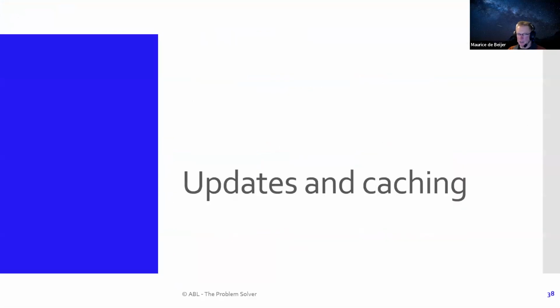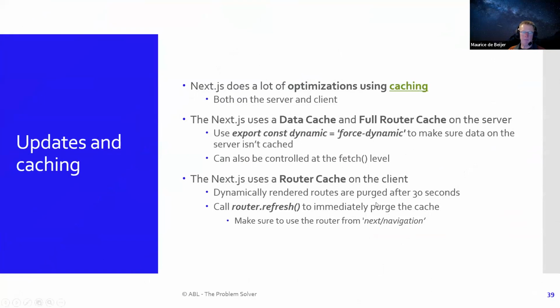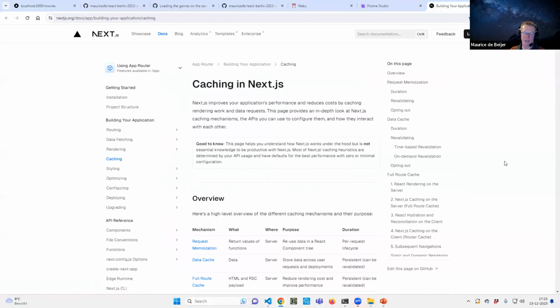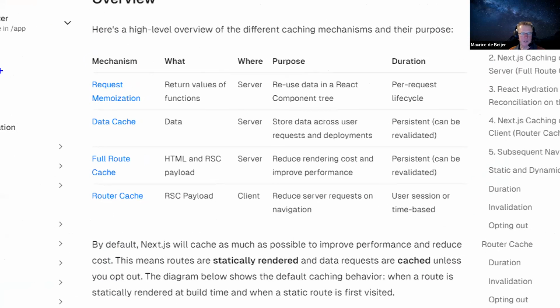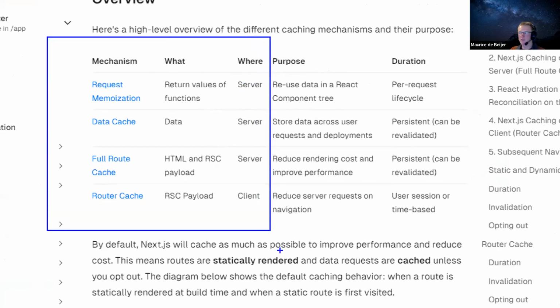So what's going on here? Well, Next does a lot of caching, and I've got a link here to the Next documentation. If you go into caching right here, you can see there are 4 different cache layers involved. There's request memoization, which means that in a given render cycle, if you request the same data using fetch multiple times, it's just going to do that fetch once and serve up the result multiple times, which is actually pretty good. You can see here it's per request. There is a data cache,